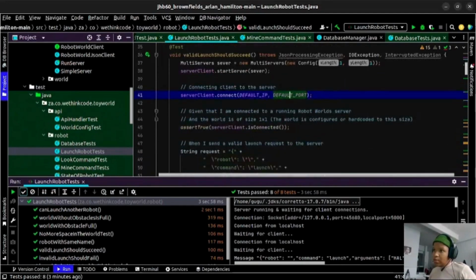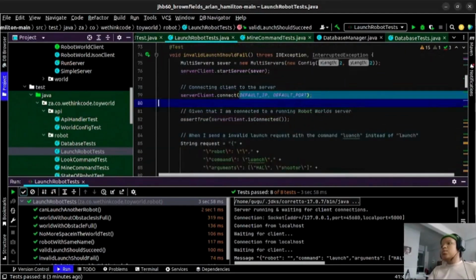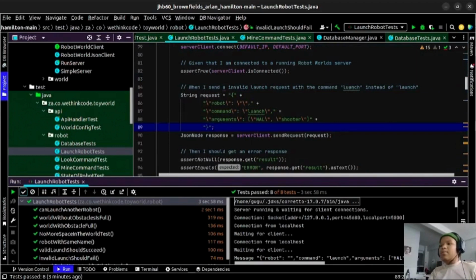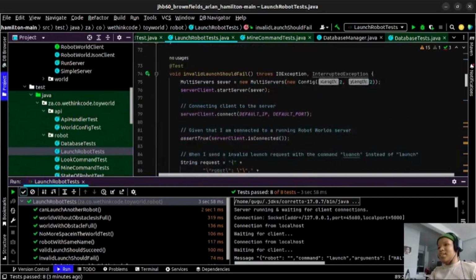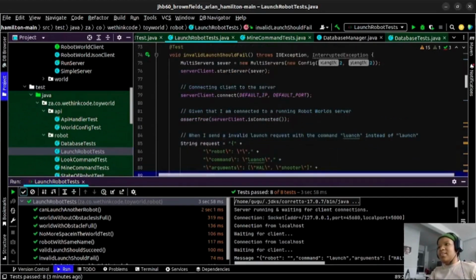What is this? I want invalid launch. So here we go, here we're just testing for the negative. This is just the differences that we get in terms of our results, the only differences that we get. So on our launch command, for invalid, if I run this,